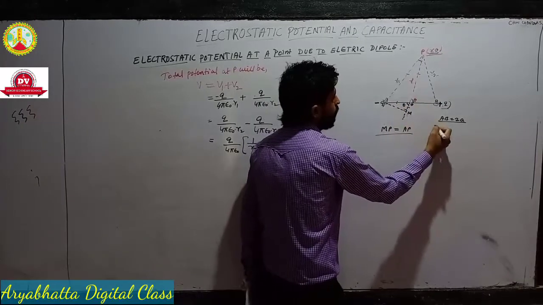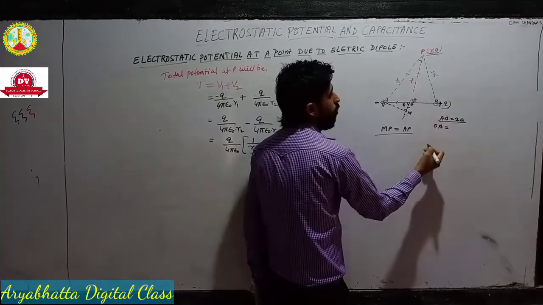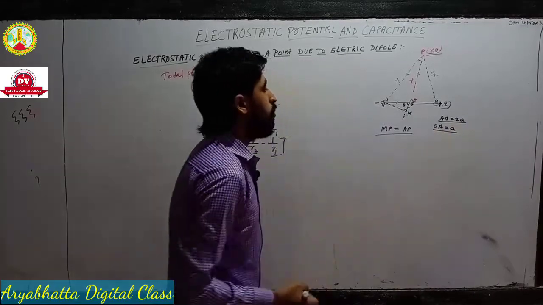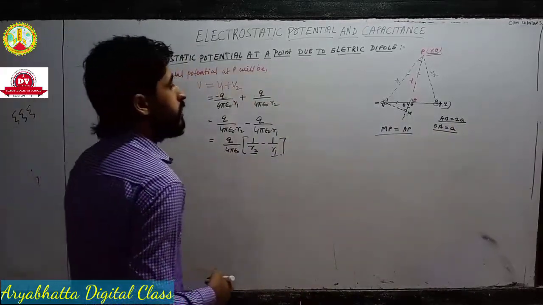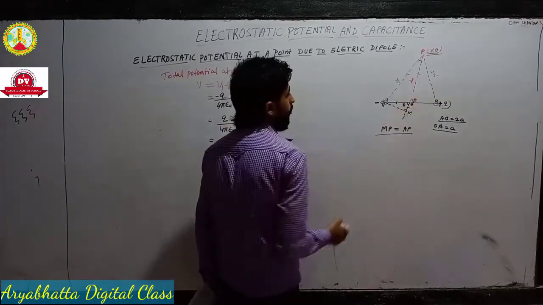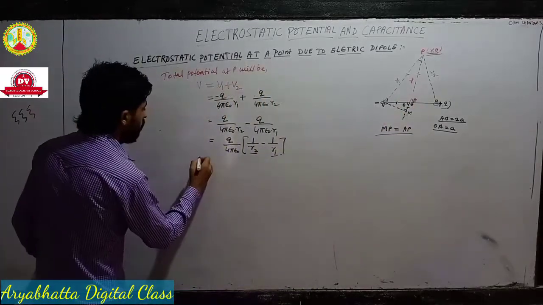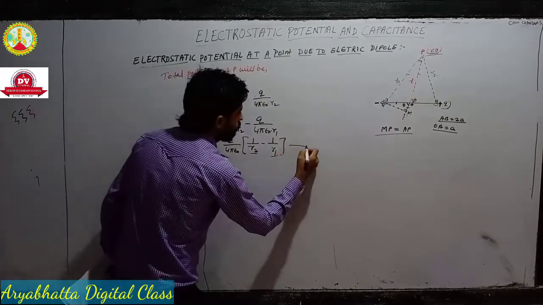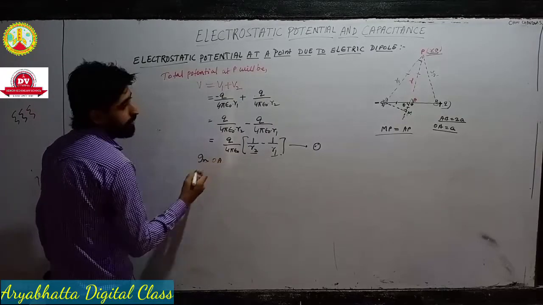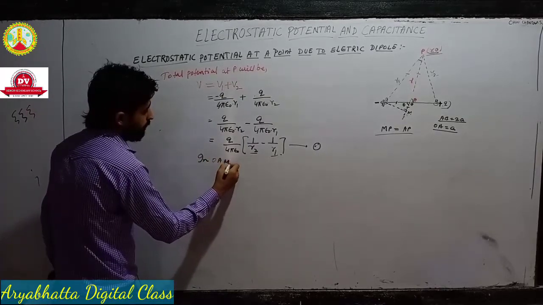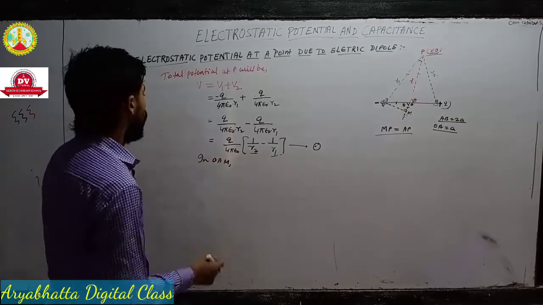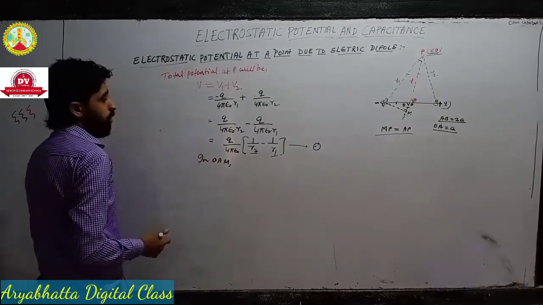what is the value of OA? OA will be half of this, that is A, isn't it? So you want OA and OM, right? So see, in triangle, let's mark this question 1. In triangle OAM, or you can say in right triangle OAM, that is much better. In right triangle OAM, what will we get?